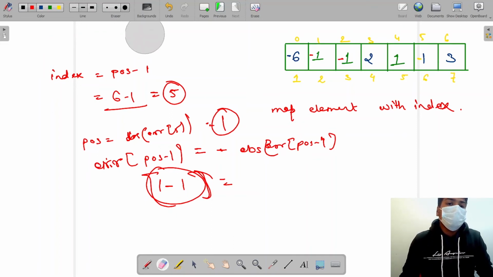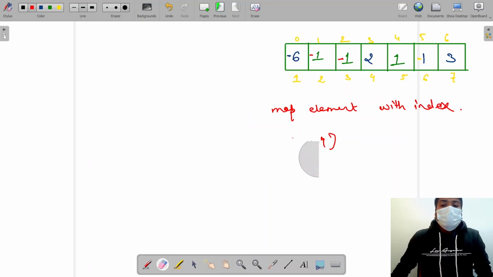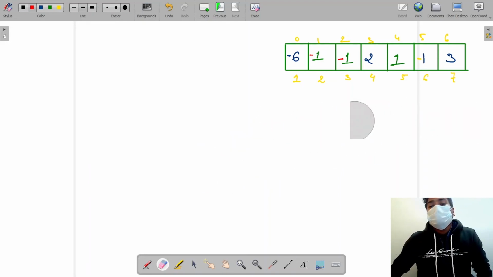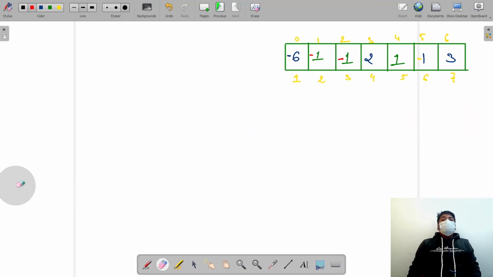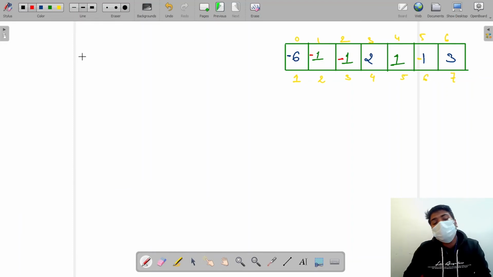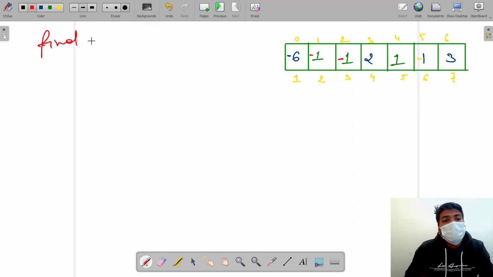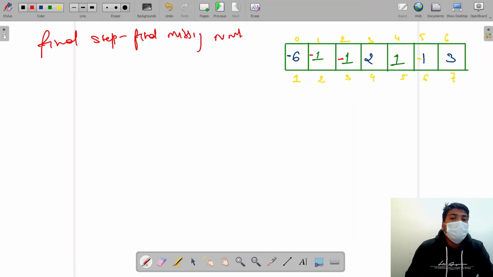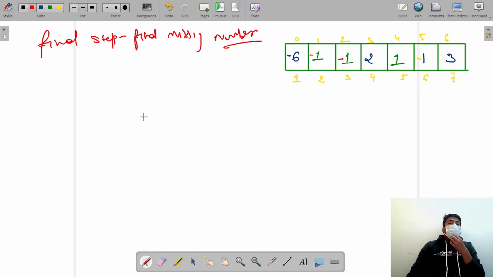Now this is the result that we have. Now we need to find the first positive number that is missing. So what can we do for that? We are done with the 2 steps, and the final step, as I said, is to find the missing number. But for that you need to make one observation. See, this 0th index element became negative because of